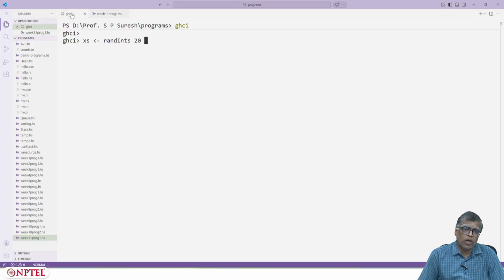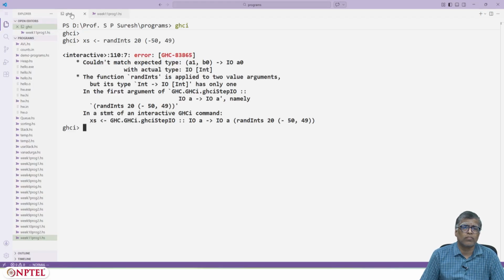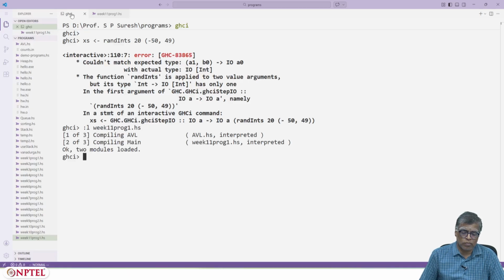Let us take 20 elements. Each element is between minus 50 and plus 49, let us say. Okay, so I have this.